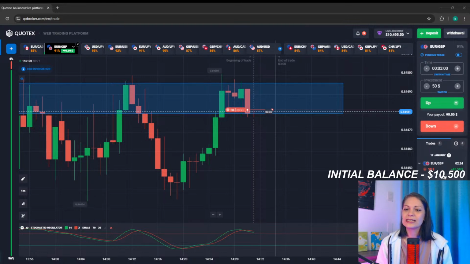How many Martingale steps are necessary? Basically, you don't need to use them. That's my personal opinion. When I'm not working with the stream and I'm just trading by myself, I allow myself 1 or 2 steps. On streams, I'm doing more risky things, and that's why I use more Martingale steps. Of course, I don't want to say don't use it ever, use it, but be really, really careful. In my case, you see my balance is 10.5K, and using $50, I can afford using a lot of Martingale steps right now.